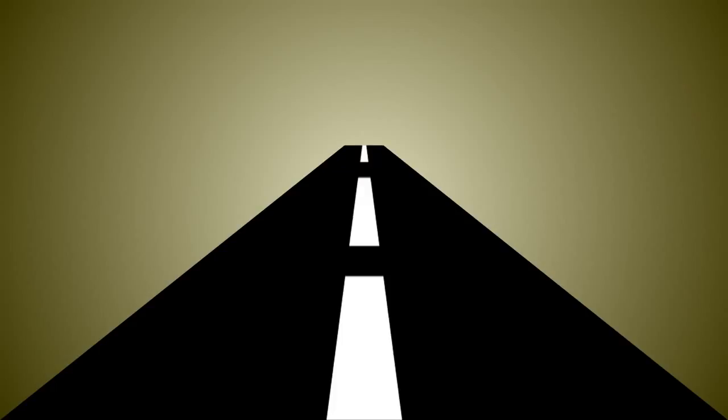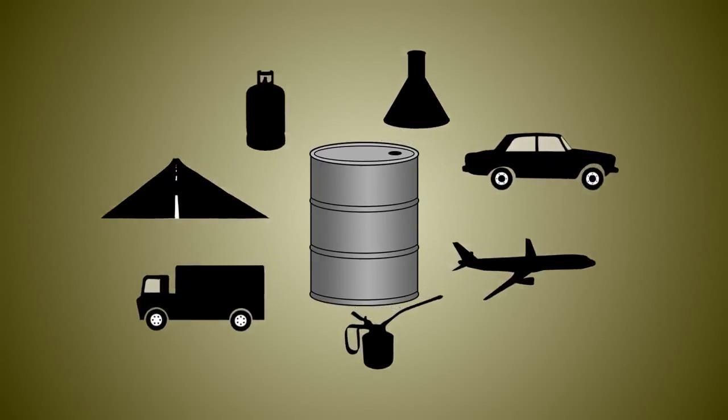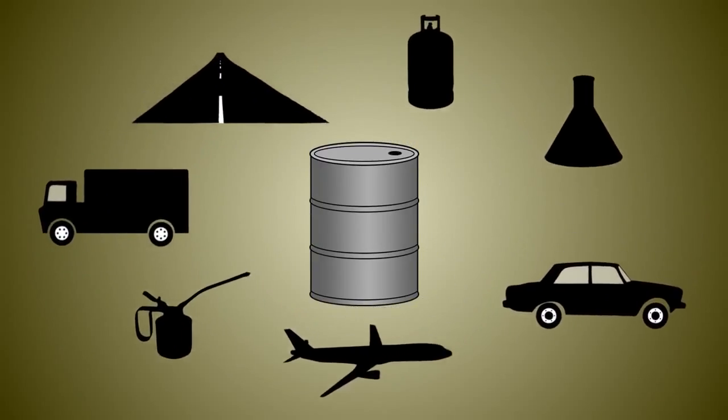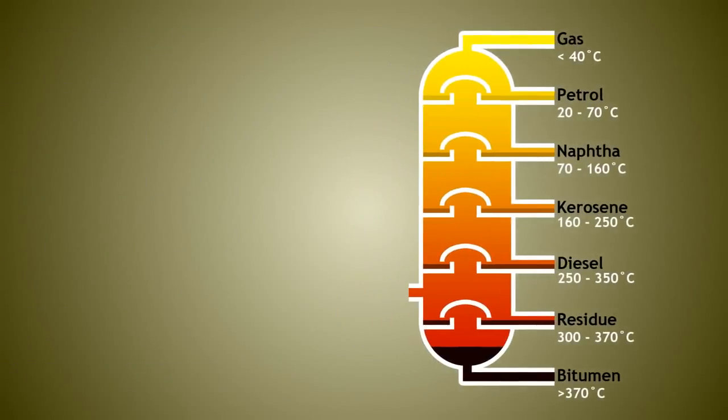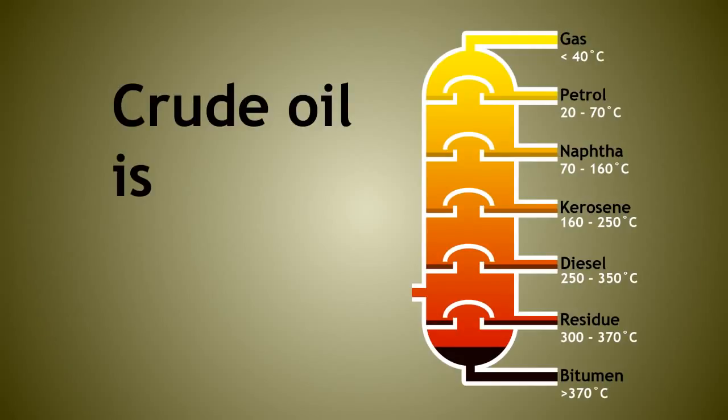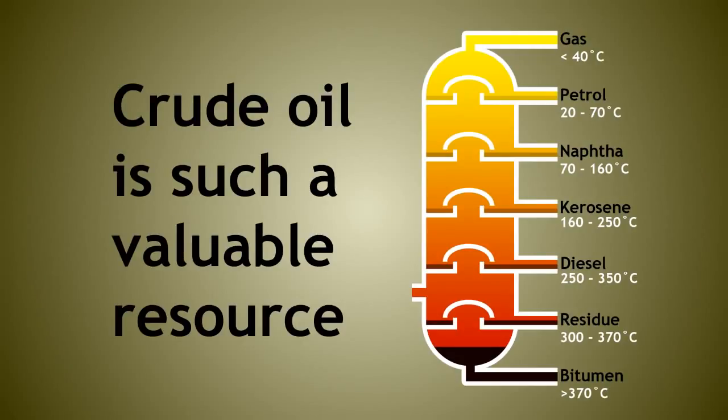Not forgetting the mass of plastic that is made and used each day for products and their packaging. Even the bitumen used to surface and resurface roads around the world. As you can see, crude oil contains many useful products that just need to be separated from the crude oil mixture. Now, at the end of this lesson, you should have a better understanding of why crude oil is such a valuable resource and the use